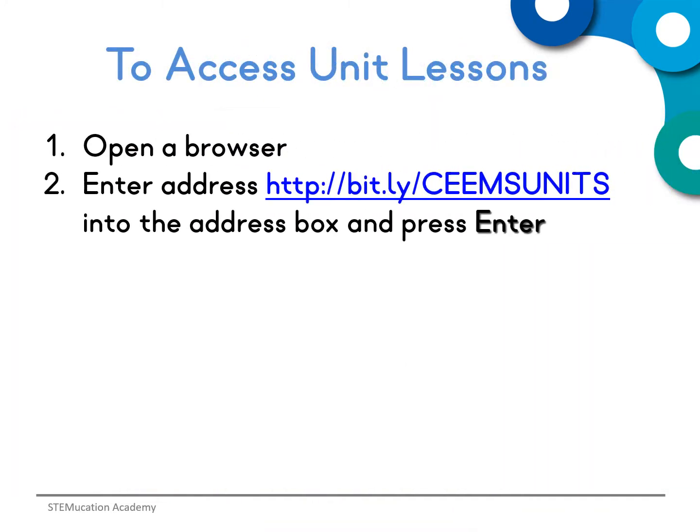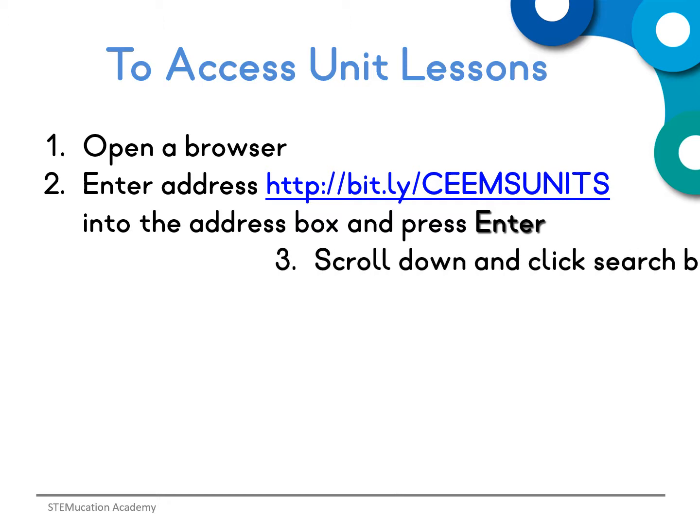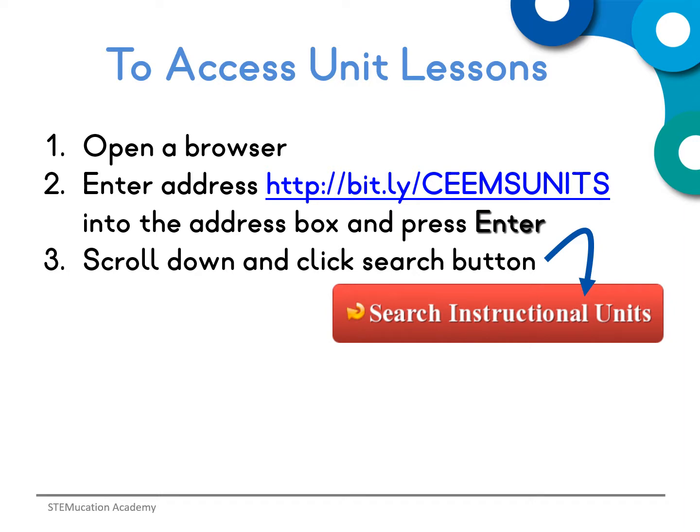To begin accessing the unit lessons, open up your browser and type the address noted here into the browser address box. Then press the Enter key. Alternatively, you can do a search for CEEMS instructional units using any search engine such as Google, Bing, or Yahoo. Once you arrive at the unit lessons website, click on the Search Instructional Units button near the bottom of the